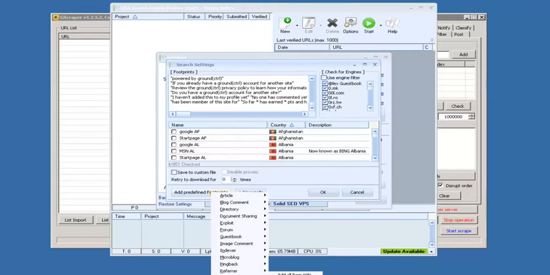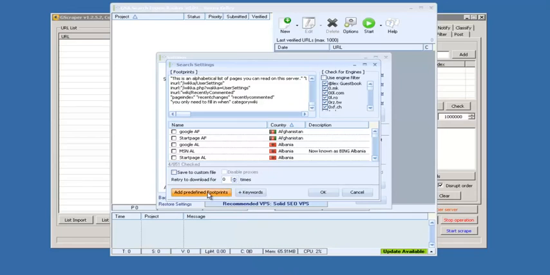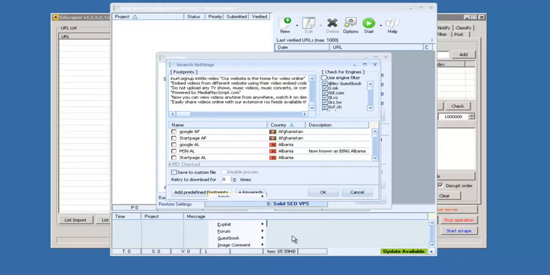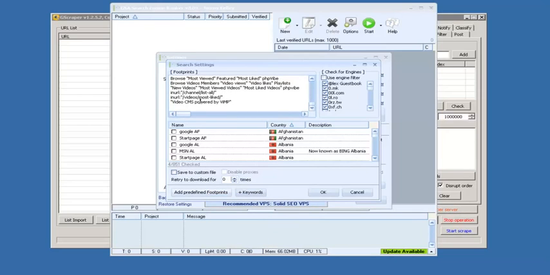You want to grab your wiki, so add all from wiki. And then the last one, if you signed up for the other one, you can grab the 2.0s. That's another service that GSA offers. I definitely recommend doing the 2.0s, but if not, just go ahead and grab your add all from video. And this should be a good list of what we need, and this is what I typically use in my safe GSA method. And so we want to save this footprint list,